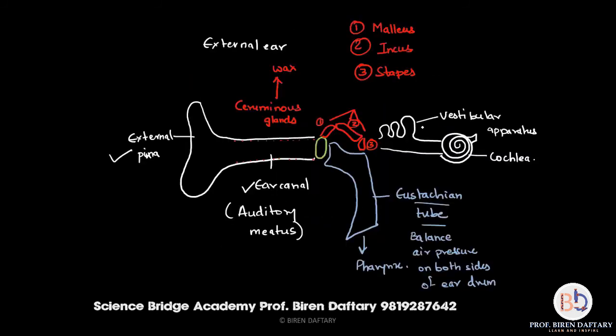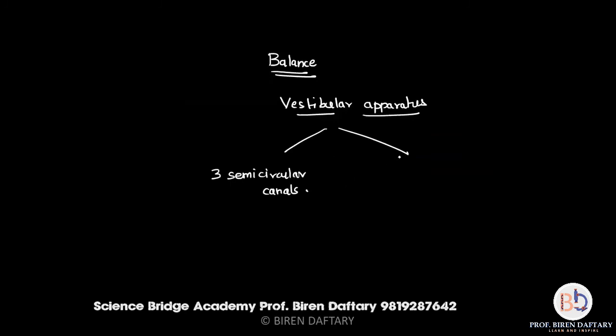That is, when we are walking or when we are running, some amount of balance is contributed by the human ear. So the vestibular apparatus is basically made up of two parts. Now there is no diagram over here, so I am just going to draw a chart which will help you to remember. It is made up of three semicircular canals. If you see that diagram which I have drawn over here, there are three circular canals. Along with that there is something called the organ of otolith, or otolith organ.